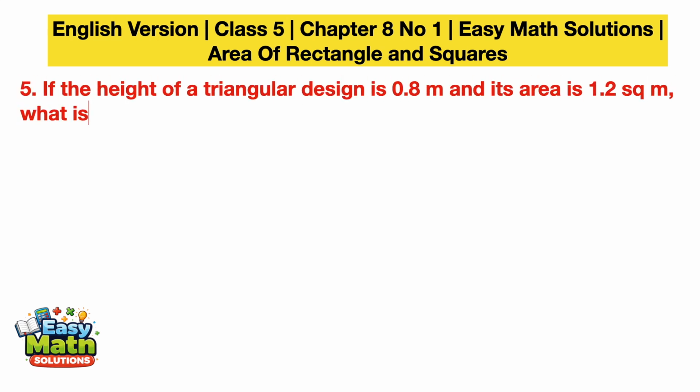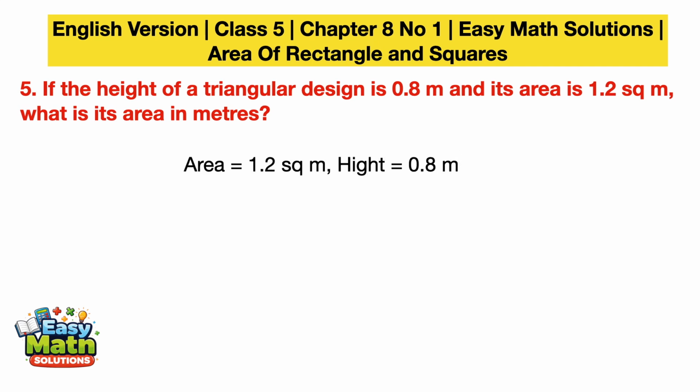If the height of a triangle is 0.8 meter and its area is 1.2 square meter, what is the length of the base in meter? Then we know that area is 1.2 square meter and height is 0.8 meter. Then we know